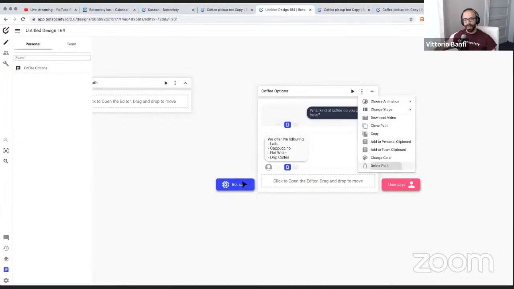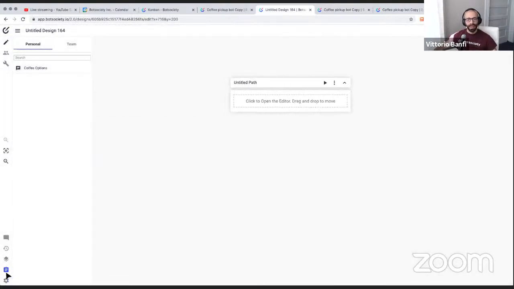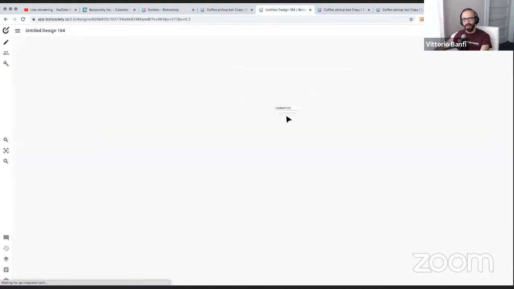There are two approaches you can take, and it really depends on your project and your attitude and your design thinking. And Botsociety allows you to do both. So there are basically two camps in the conversation design world. You can start at eye level, so you can say, okay, I want the happy path, and then you don't write anything here, but you just click on the link button, and now I can connect it, create a new path, and just proceed this way with logical ideas and blocks, right? So like a repair path, and then I can have another connection and create